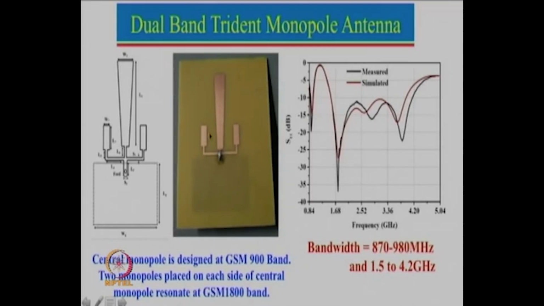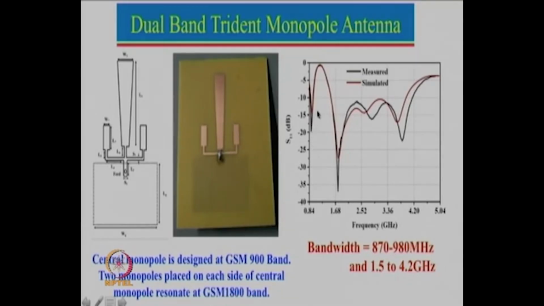So the trick here is that you design the central point, which is at the GSM 900 band, and you put the symmetrical antennas which are required at the higher band. Now I have taken 900, 1800, it can be any other frequency range. The focus should be, this should be at the lower frequency, these should be at higher frequency. So approximate dimension, this length is approximately lambda by 4 and this length is approximately lambda by 4 at higher